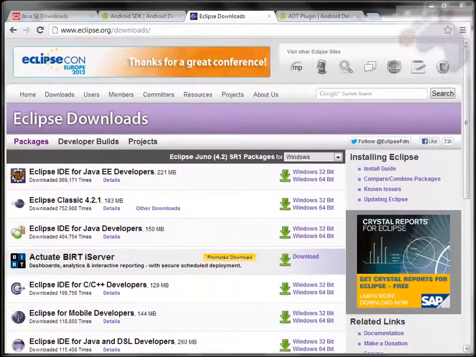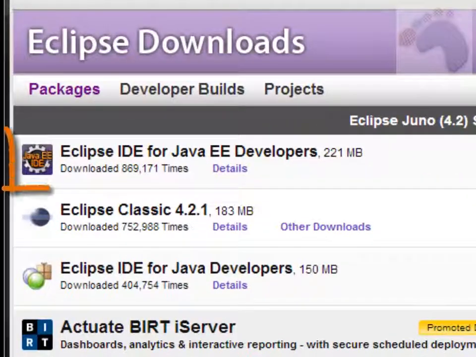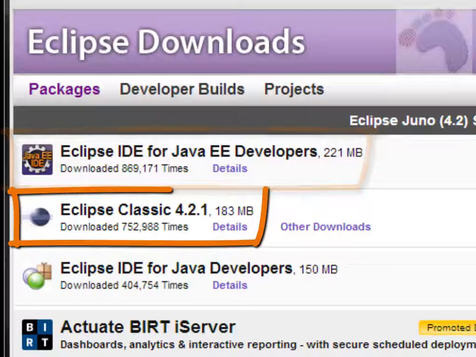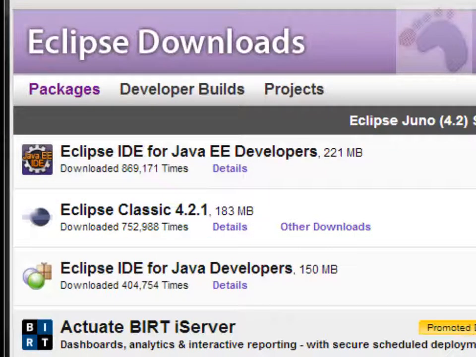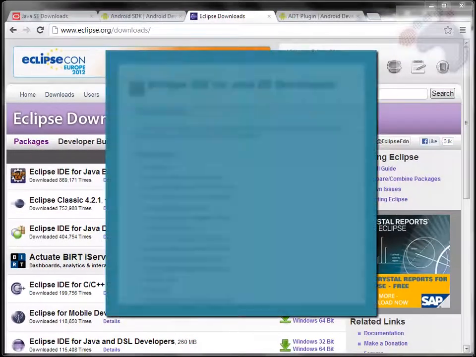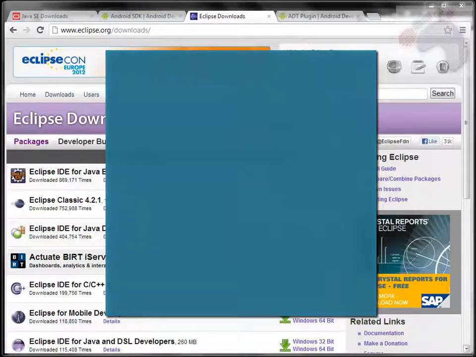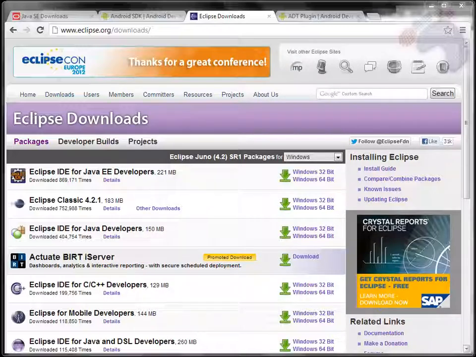And so the next decision is, do you want to download the Eclipse IDE for Java Enterprise Edition developers, or do you want to download the Eclipse Classic version? And the answer is that it depends on you. If you are new to Java and Android, you may want to go for the Eclipse Classic. It's a simpler version. It'll do. It'll fit quite well with our course. However, if you are an experienced Java programmer and you have other projects running, you may want to go for the Enterprise version, and it'll still do Android, of course. For the demo, I'm going to keep it simple and assume we are newbies to this,